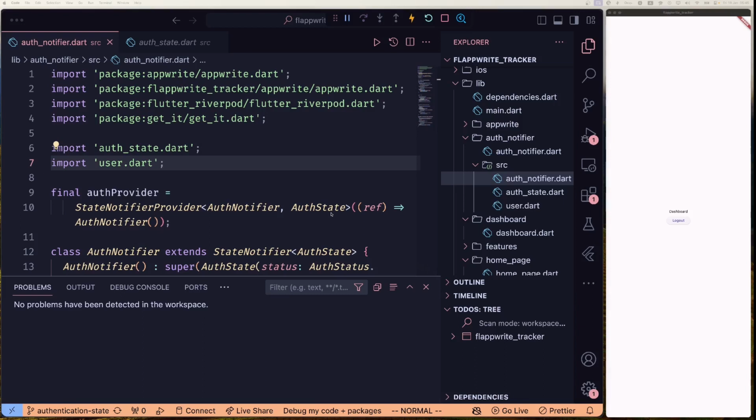In this series, we are building a time tracking application from scratch using Flutter and Appwrite. In the last episode, we set up authentication state in our application. In this episode, we are going to learn to use authentication state to manage